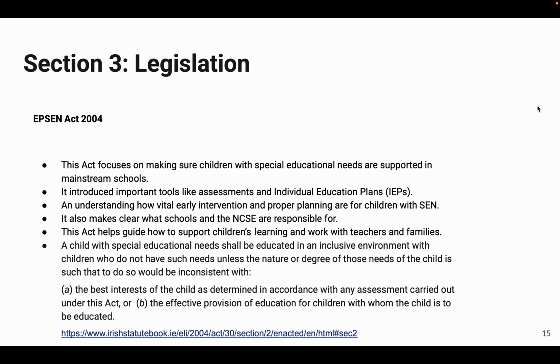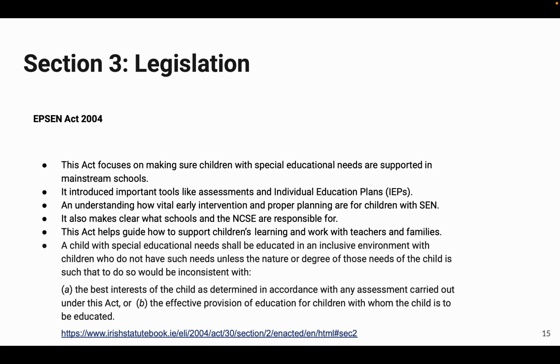EPSEN Act 2004. Summary and reflection. This act focuses on making sure children with special educational needs are supported in mainstream schools. It introduced important tools like assessments and individual education plans, IEPs, and understanding how vital early intervention and proper planning